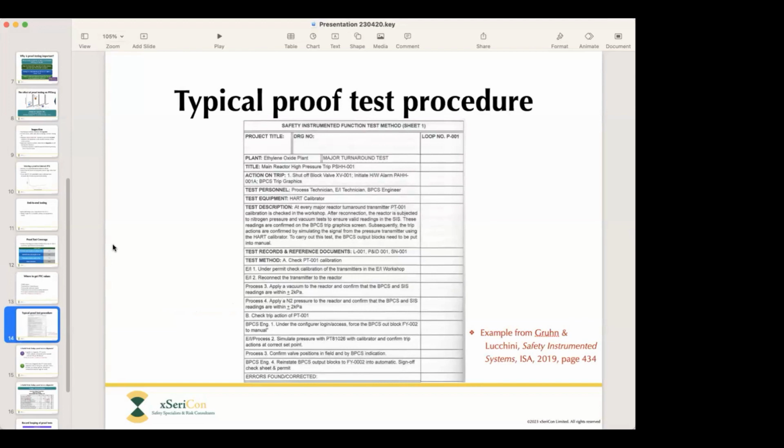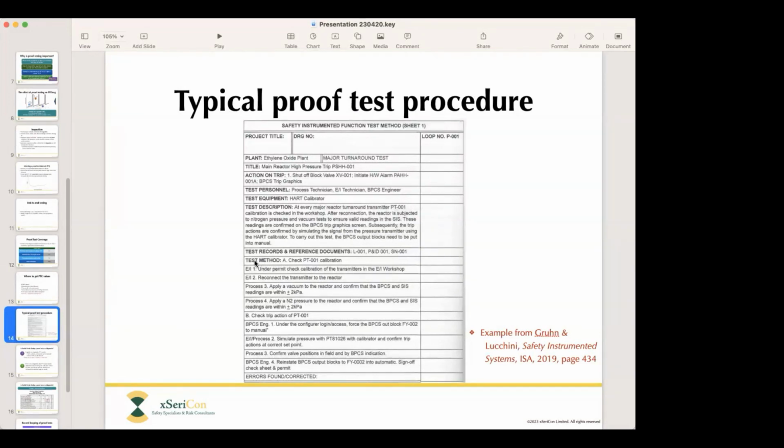What does a proof test procedure actually look like? Here's an example. This is from a textbook that I very much admire and recommend. It's by Grun and Lucchini. It's called Safety Instrumented Systems, published by ISA. And this is an example of a proof test procedure that they provided. So it's a fairly broad brush overview procedure, this, but you can see that it